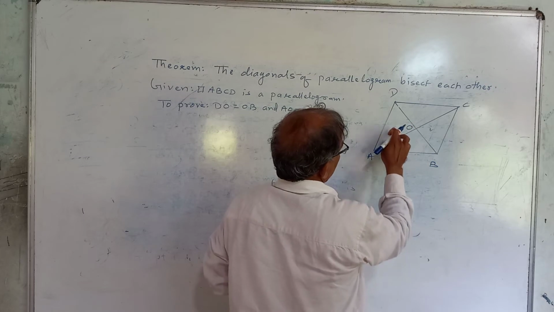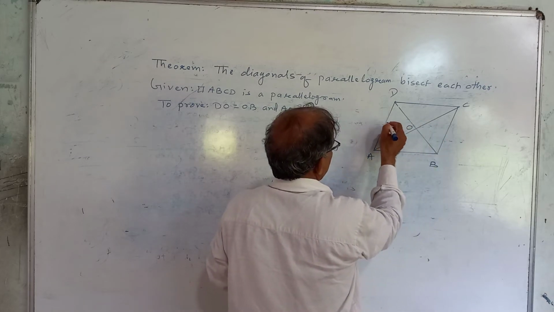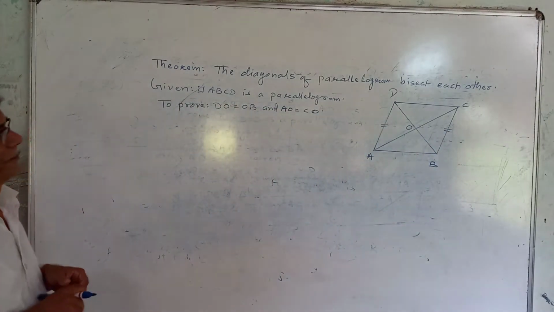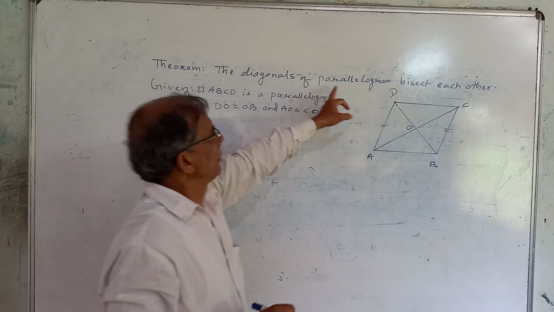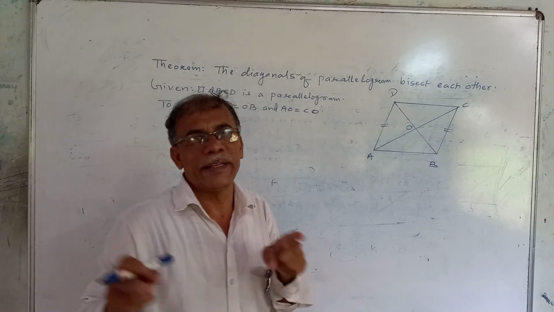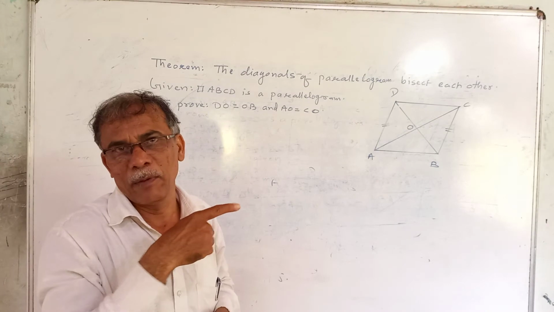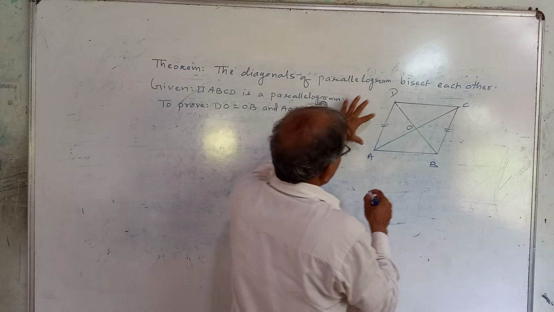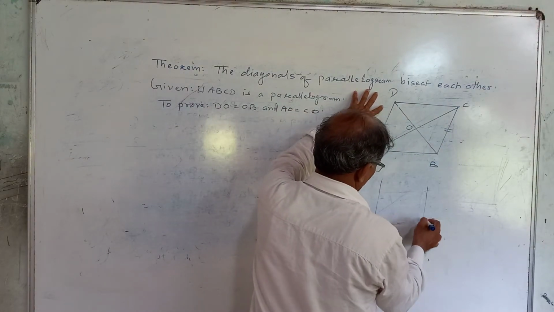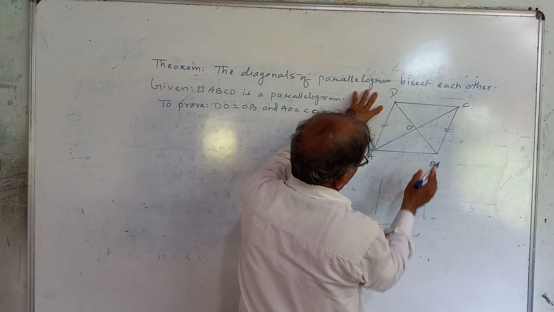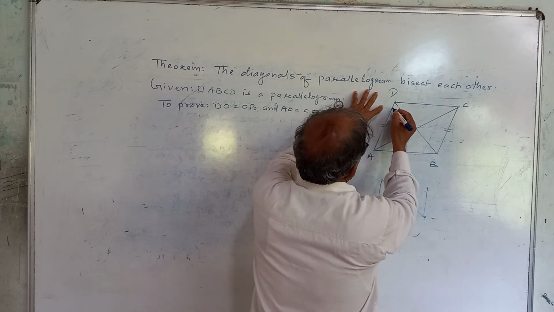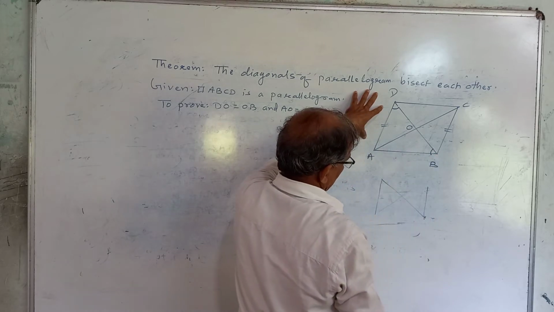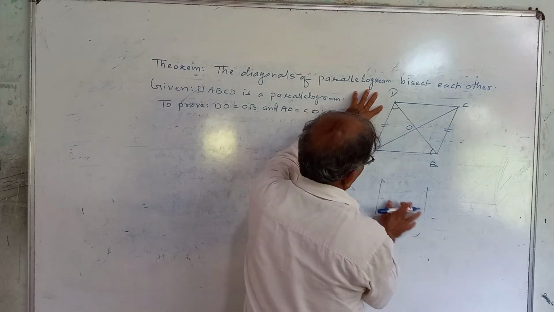Now see here, in this triangle and this triangle, this AB equal to BC. Do you know what? They are equal because parallelogram. Opposite sides of parallelogram are equal. It is given to be parallelogram. Now if this is a parallelogram, these two sides are equal, also they are parallel. And when you join this here, you can see this angle equal to this angle.